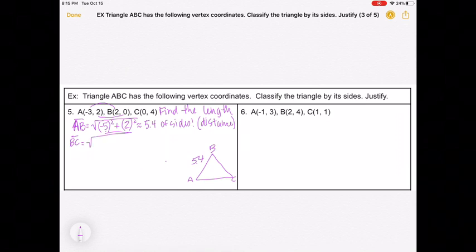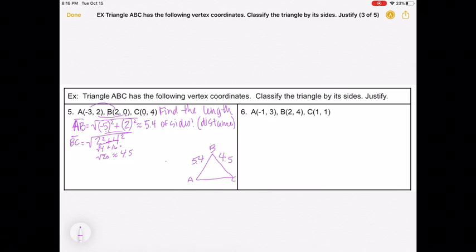All right, so B and C, the x's are 2 and 0. Well, that's 2 apart, so 2 squared, plus, well, 0 and 4 for the y's, that's 4 apart. Okay, so that's going to be 2 squared is 4, plus 16. I'm working this one out a little bit more for you. It's the square root of 20, which is approximately 4.5. That's BC, so that goes